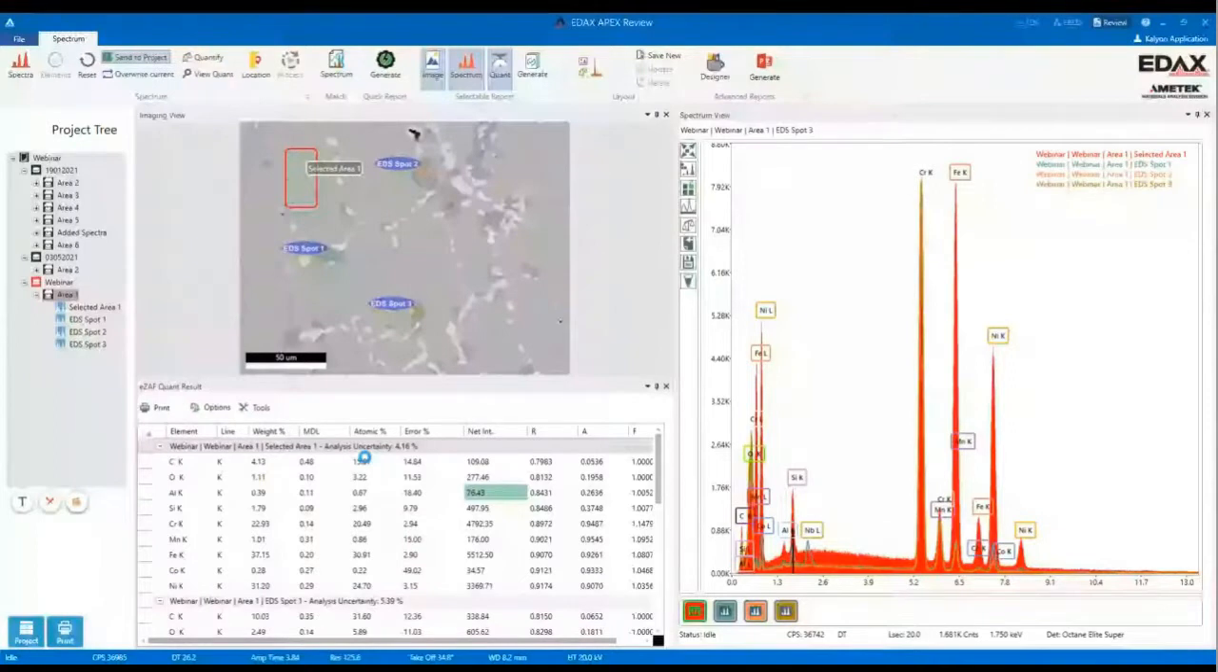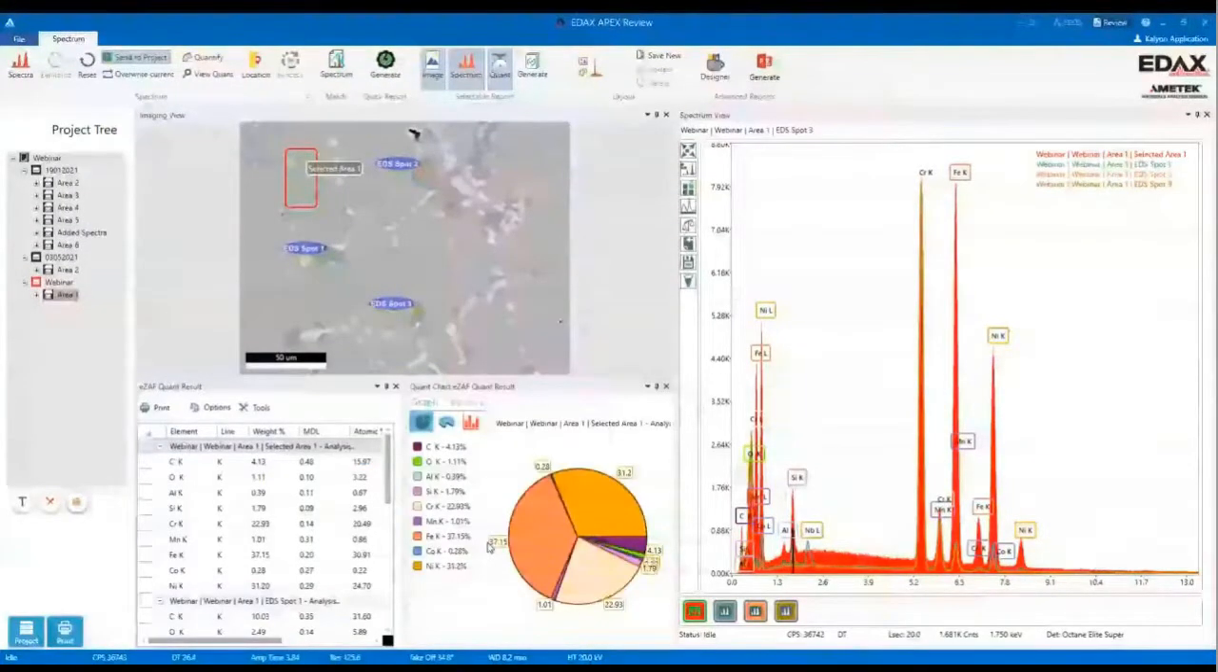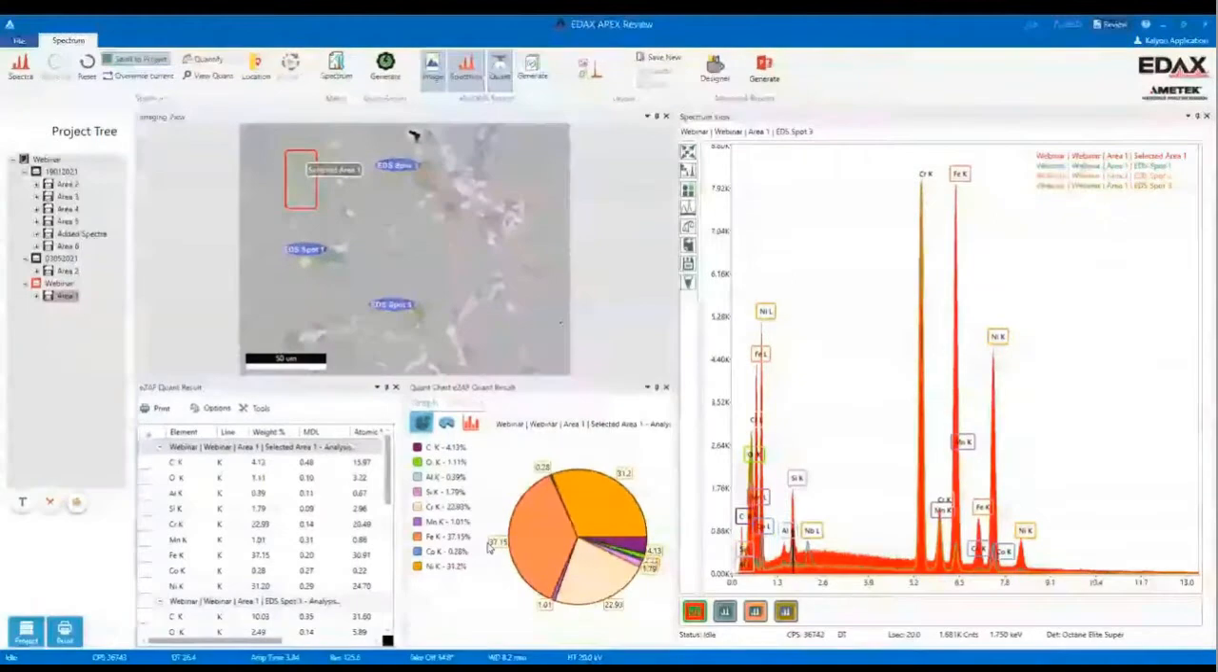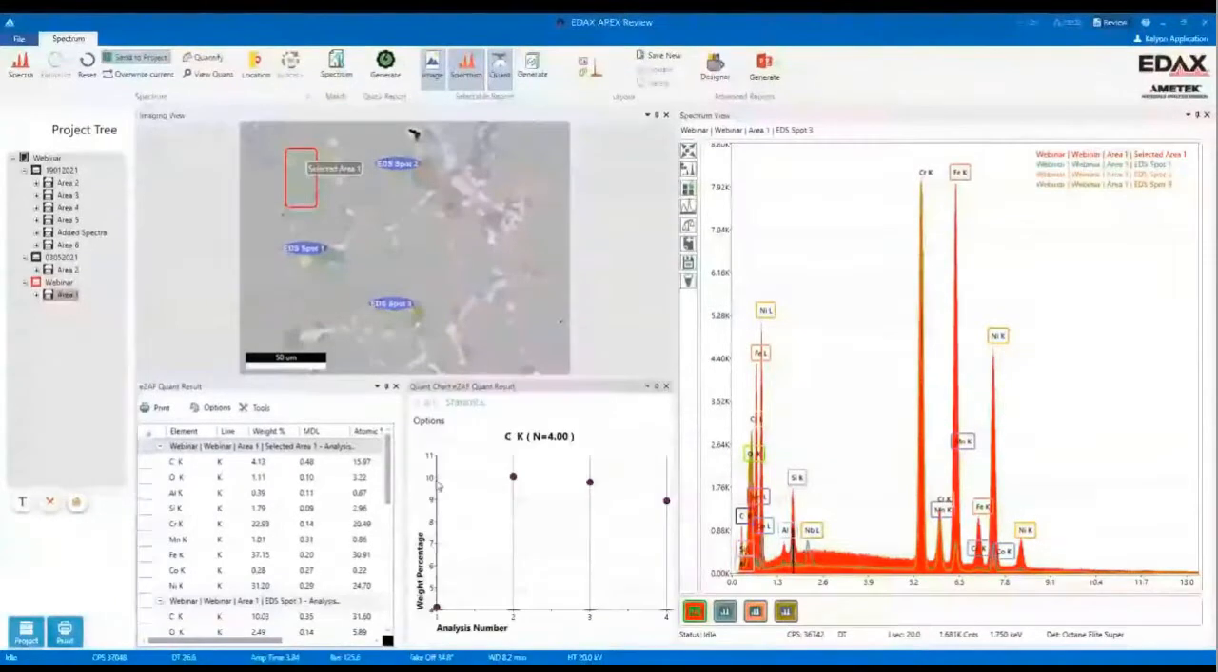So by clicking on the toolbar, we have the possibility to see our quantification results in a graph. We can select the spectrum we want to see as a graph, or we can click on Statistic and see the different values of the elements in one